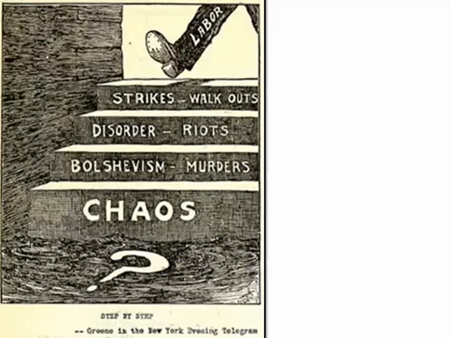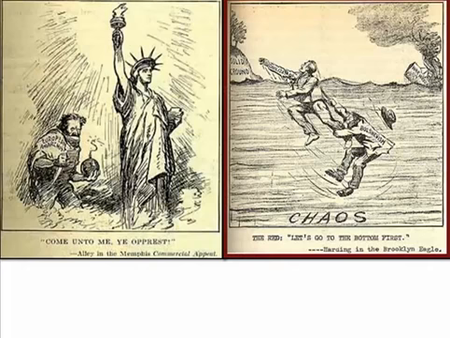movement. And here's a cartoon showing the anti-labor type union strike stuff, that it causes disorder and riots. It's Bolshevism, murders, chaos. These cartoons, this Red Scare is painting these people. Here's one here. Here's Bolshevism. This guy's pulling them down under. This is civilization. There's war in Europe, and it's burning because of all these anarchists and Bolshevists. That's why World War I happened.